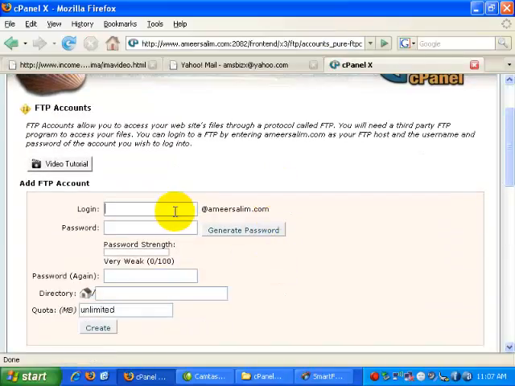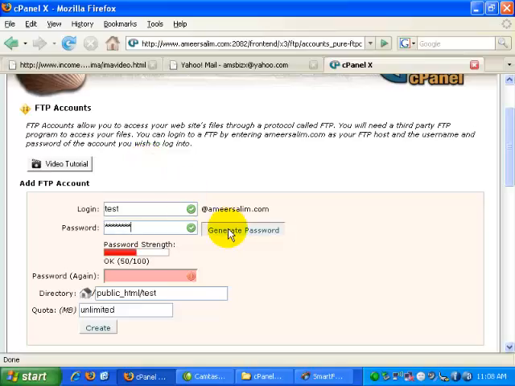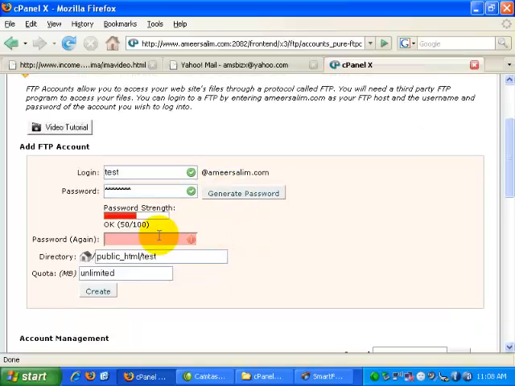Type in the username that you want, the login, for example test. Type in the password. You can also use the generate password feature over here if you want cPanel to generate a password for you. Type in the password again,